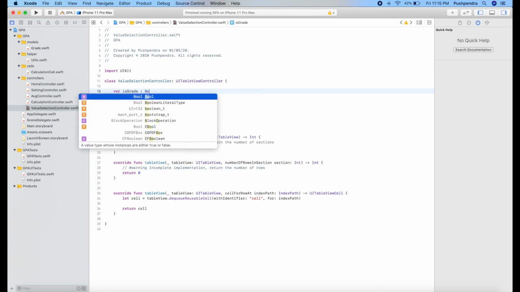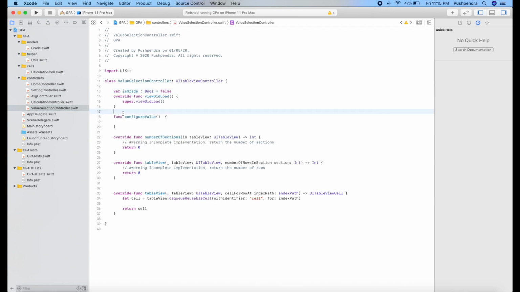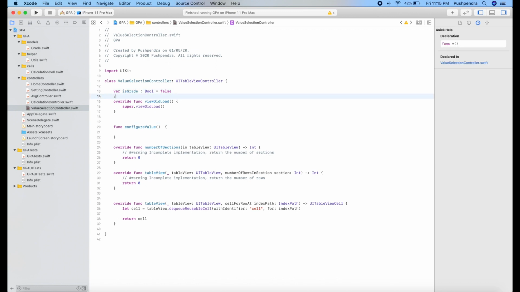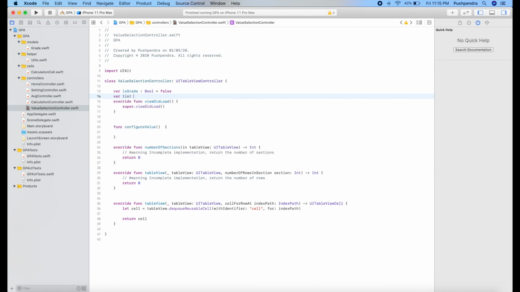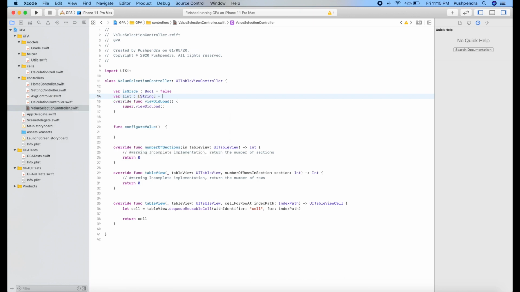If it is true, then we will add some different values. If it is false, then we will use it as an hour controller. And one list, let's say it's a string type, and initially this is an empty list.